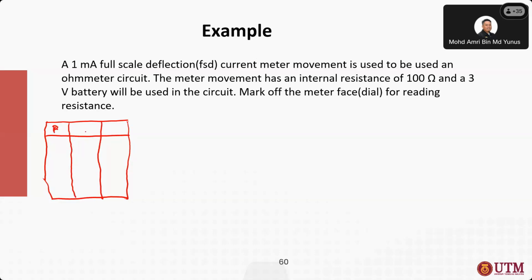Ratio P, and then the equivalent value of resistance between point A and B, and then I, or current that flows through the circuit. And maybe useful we put a 1 IFSD here. So we can start from